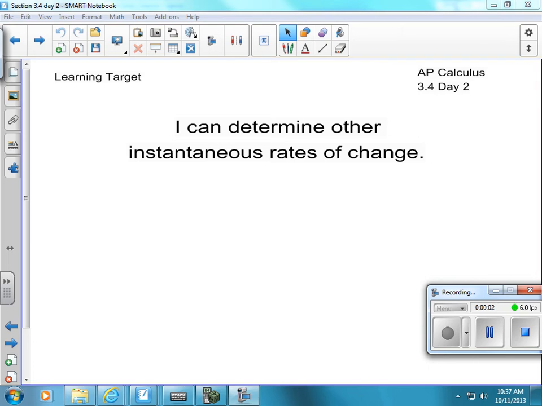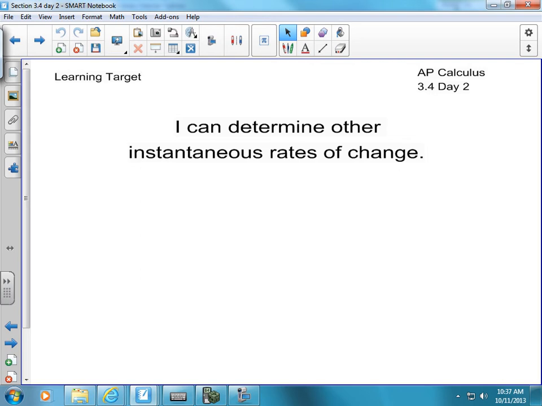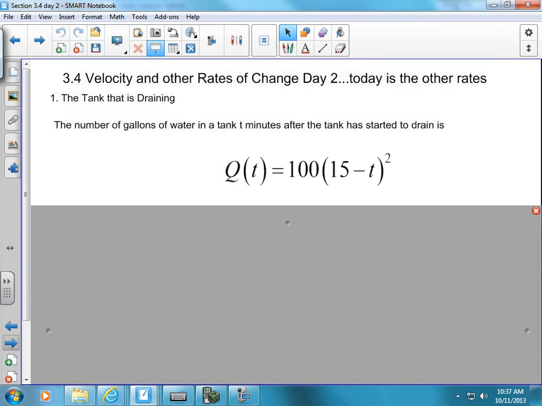Today's lesson is on section 3.4, day 2, and it is determining other instantaneous rates of change. So we're going to find some other application examples, and in fact we're going to do 3 of them. One is a tank draining, one is a vertical motion problem, and one is an economics problem with cost and